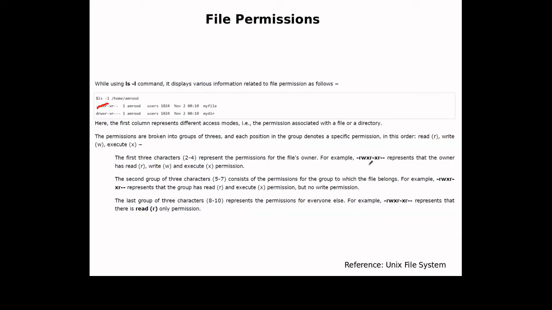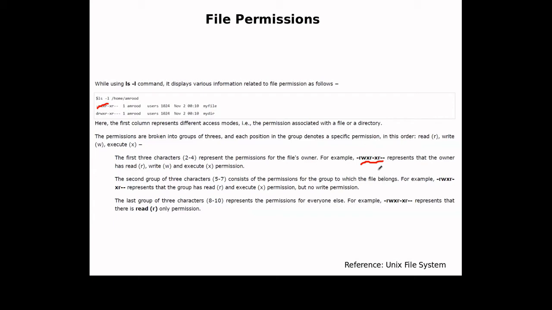This group is actually broken into 3 groups in order to read, write and execute: R for read, W for write and X for execute.